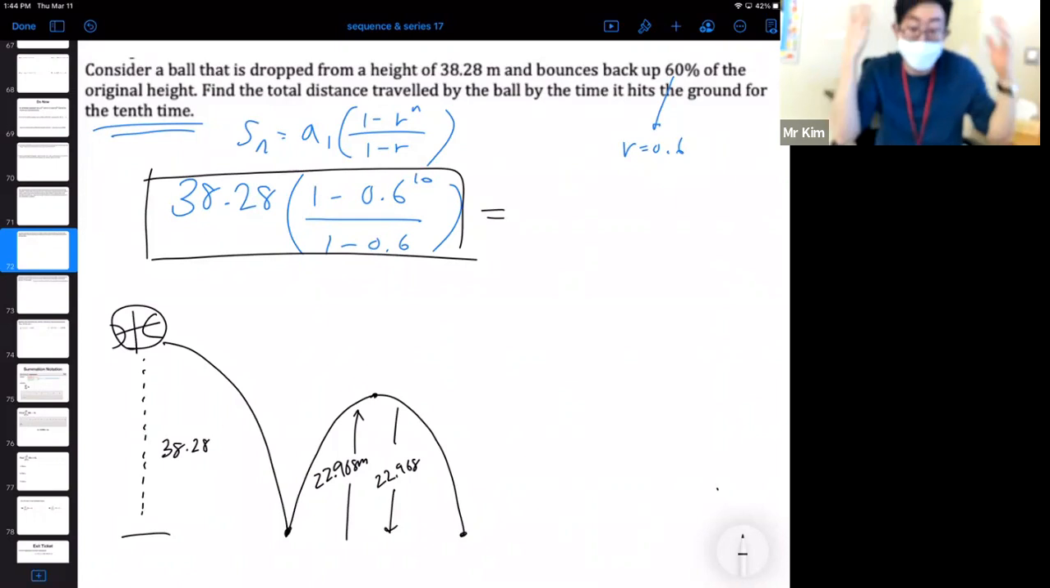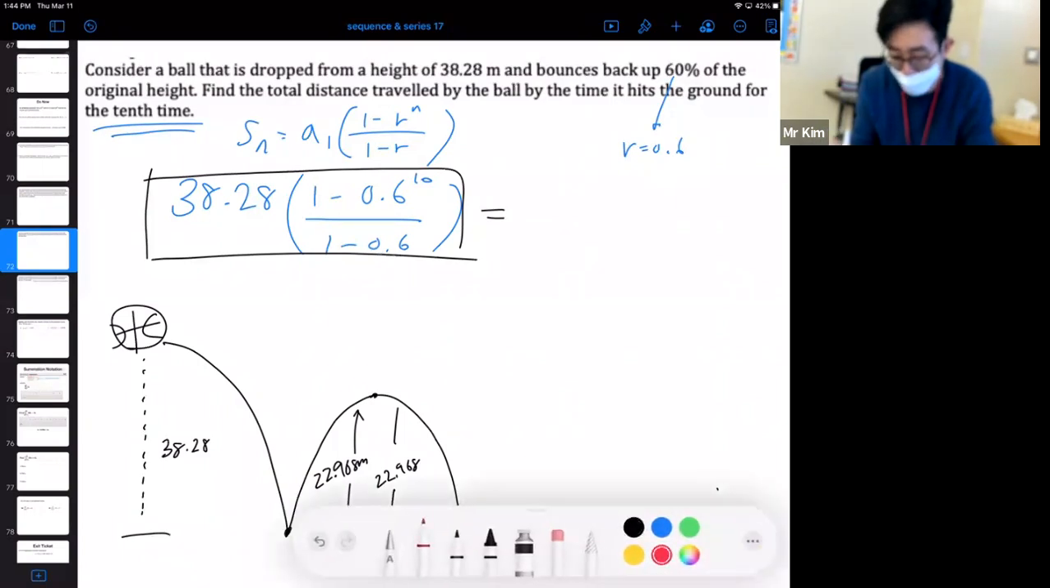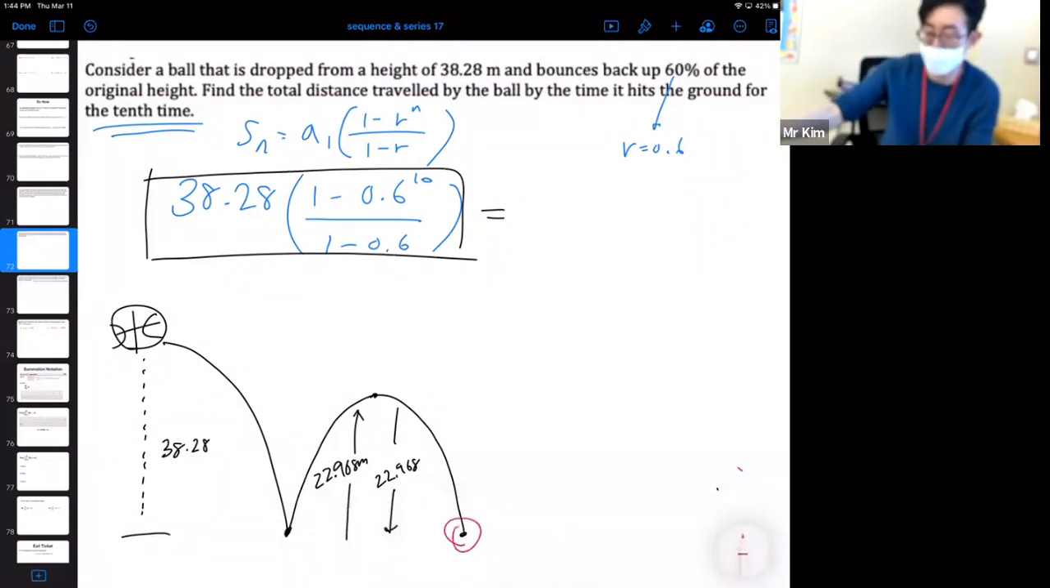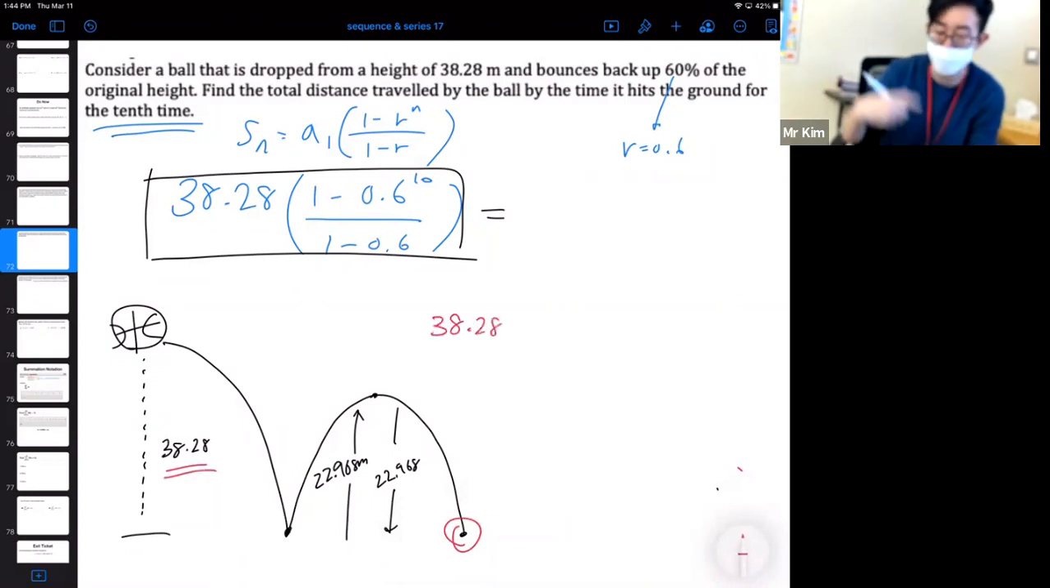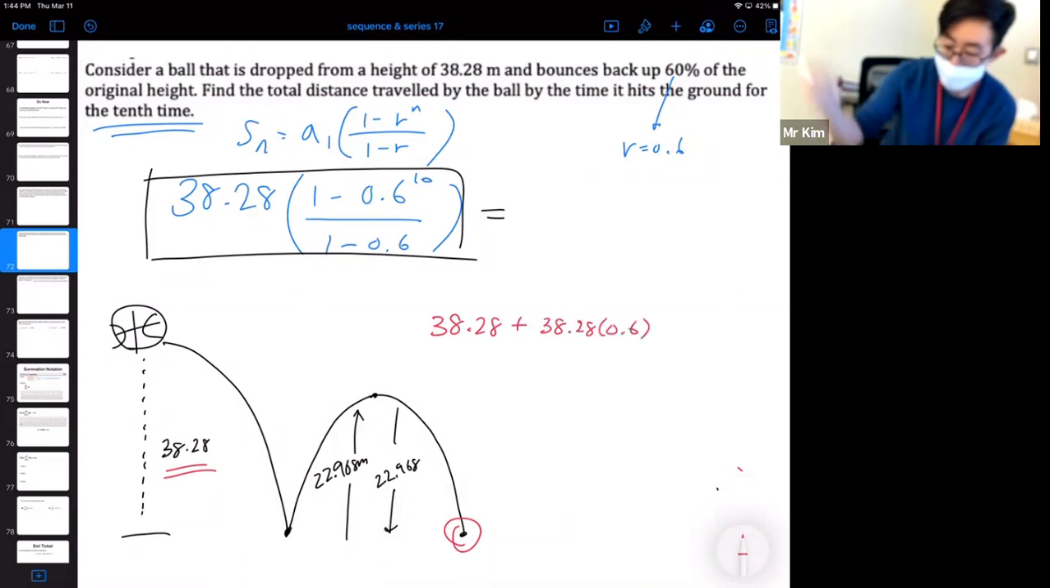Okay. Certainly did not accommodate for this. I did not prepare you enough for this. But when you end up at the second bounce, what you have to add up is the first distance that the ball travels, which is 38.28, so it drops, and then it comes back up 60% of its original height,